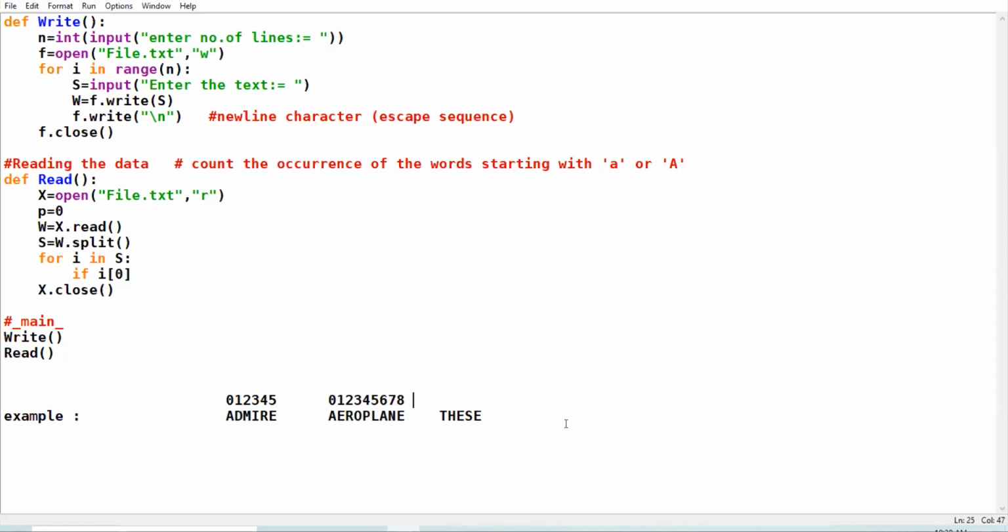Then indexing 0, 1, 2, 3, 4. Clear? Every time check the 0 index. Check the 0 index of every word.